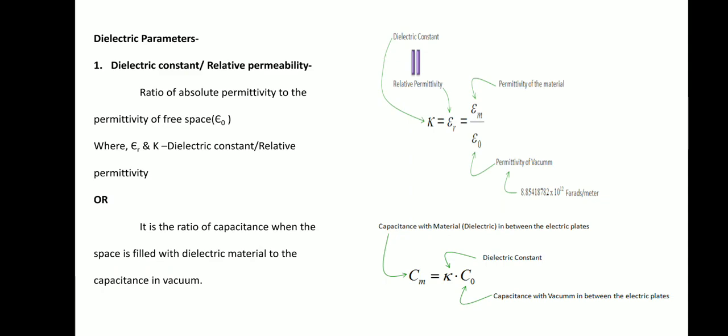It is denoted by the letter K, and the relative permittivity is shown here as epsilon r, which is equal to epsilon m divided by epsilon 0. Here epsilon m is the permittivity of the material, and epsilon 0 is the permittivity of the vacuum, or free space, which is equal to